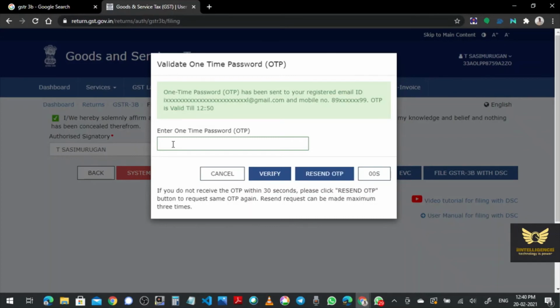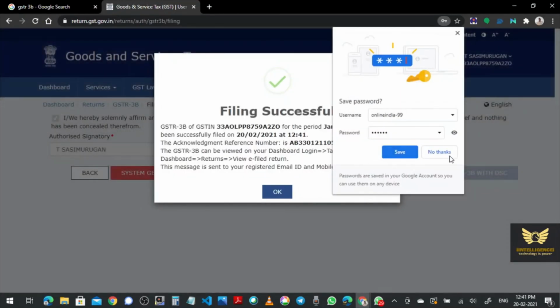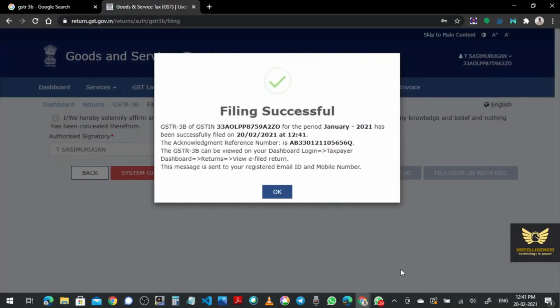One is the mobile number and the other is the email ID. So whenever you file GSTR 1 or GSTR 3B, the OTP will be sent to both the registered email ID and the mobile number. So enter that OTP, then click verify. Yes, verify. Filing successful. Close that.